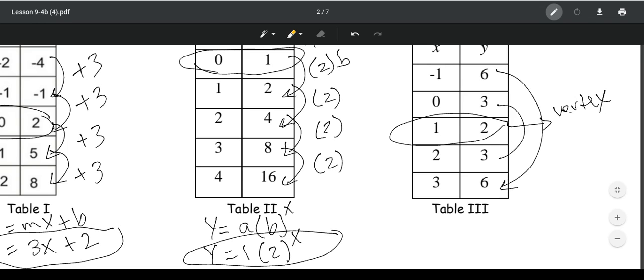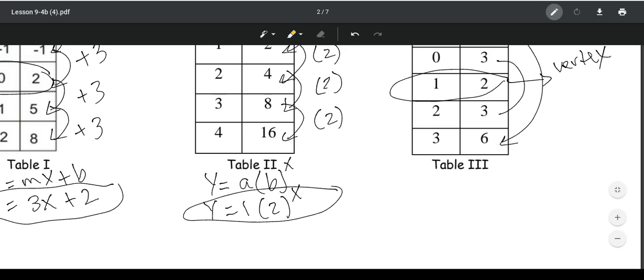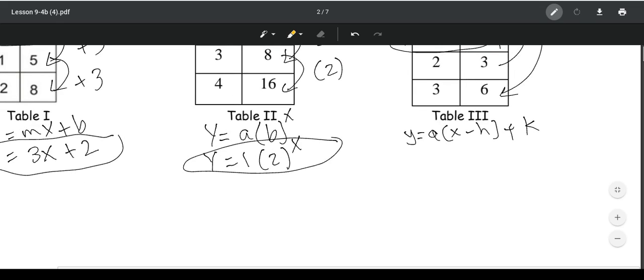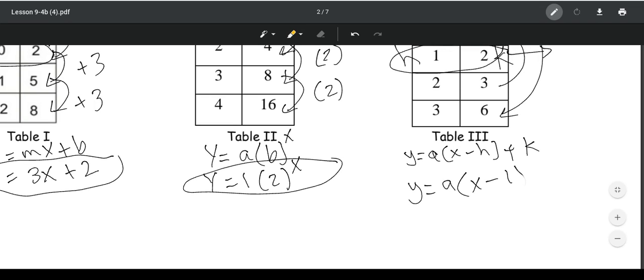And since I have the vertex, I can write the equation in the vertex form. And remember, this is a possible equation. That means I'm going to use the formula y equals a times (x minus h)² plus k, where h and k is the vertex. That means the possible equation is going to be y equals a times (x minus 1)² plus